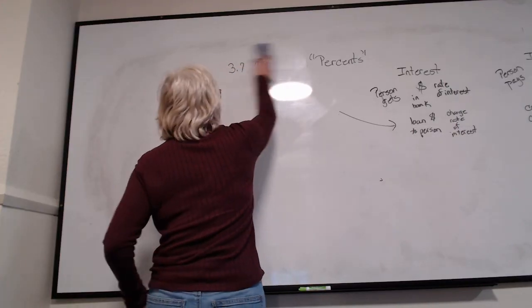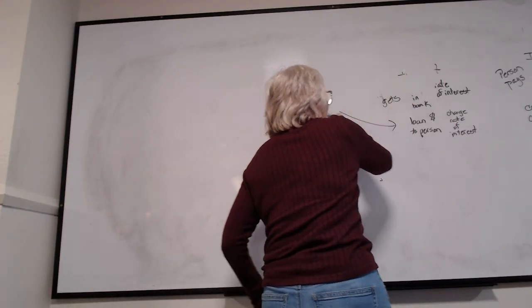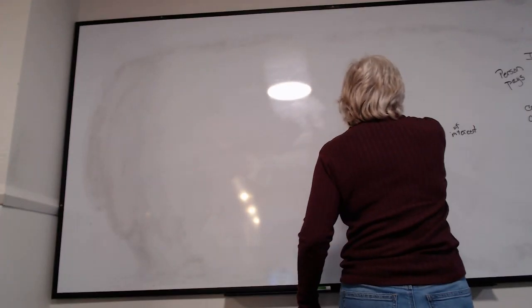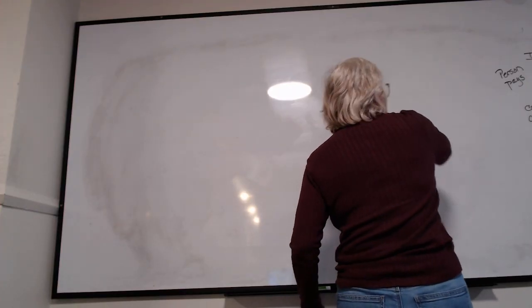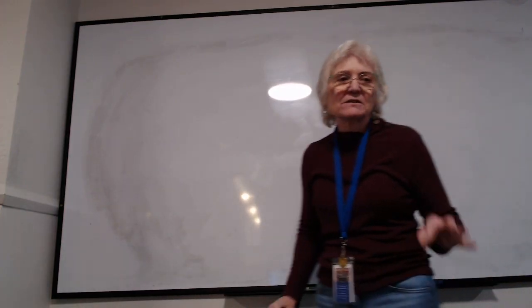I'm actually going to take more time just because there are so many uses of interest and percents that I think we're going to take extra time on this. And I'm actually going to skip section 3.9 for right now. We're going to not do that right yet. We're going to do that starting the following week. What I'm going to have you do